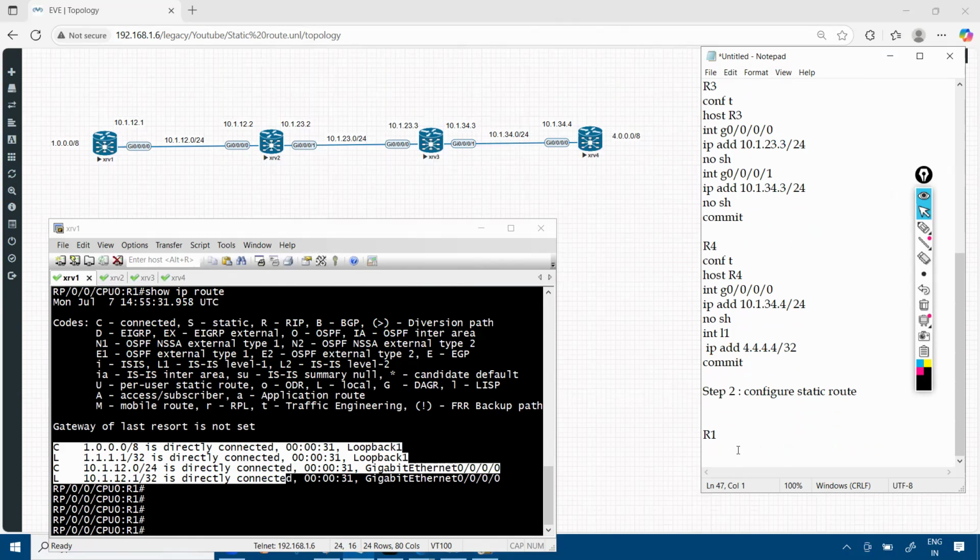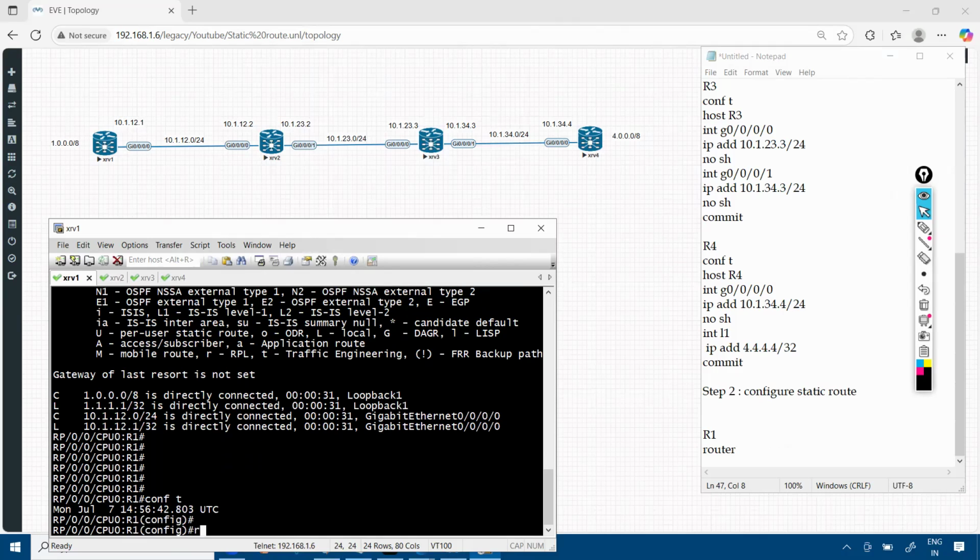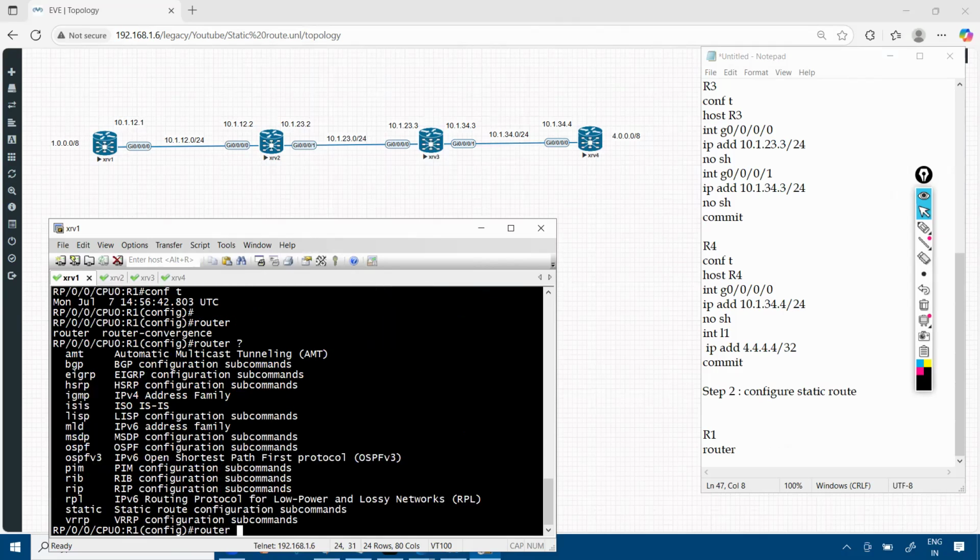You need to go into the static mode. So I need to put the command router. If you go on router 1, I'll show you this command line: config terminal. I'll put the command router and a question mark here. Most of the things you're going to configure through the router keyword only. You can see the option we have is static route, so I'll enter router static.